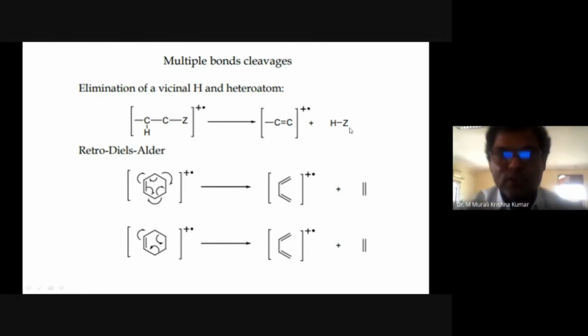So friends, I hope you understood the concept here. Whenever you find a molecule, all possibilities as far as fragmentation is concerned are to be considered. Sometimes they happen simultaneously, or sometimes they happen one after another. So our ultimate objective is to explain the fragmentation pattern. Multiple bond cleavages are seen in very few cases, because when we are providing a lot of energy, thermal degradation type of mechanisms are going to be initiated.